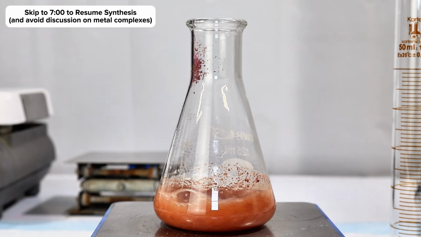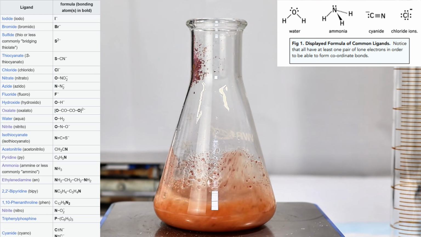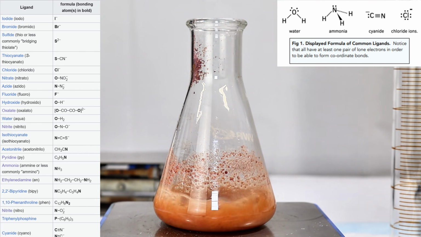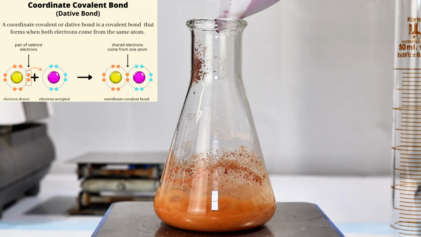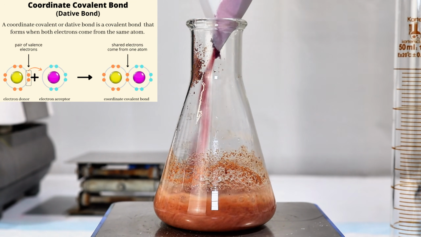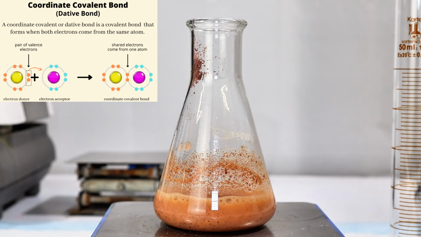So to put it as simply as I can, a ligand is anything that binds to a metal atom by donating one or more of its lone pairs of electrons. The resulting bond is neither ionic nor covalent and is instead referred to as a dipolar or dative bond. Since ligands have to donate 2 electrons in order to form a dative bond, ligands are most often Lewis bases,